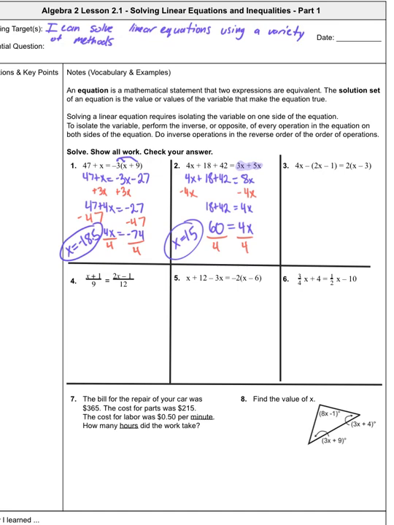And remember, if at any point you need to stop the video, feel free. On number 3, I'm going to distribute twice. First, I will distribute this negative. That gets me 4x minus 2x plus 1. But I'm also going to distribute the 2 on the right side. So that equals 2x minus 6. Now I can combine 4x minus 2x, which gets me 2x plus 1